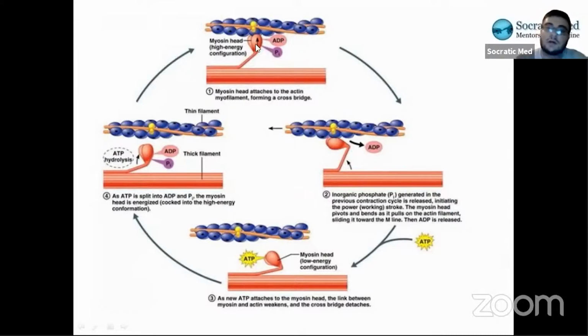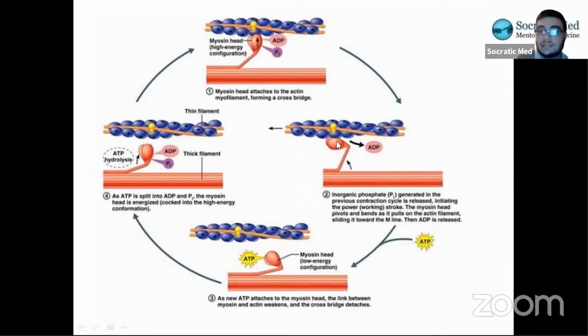What that does is cause the myosin head, which is in this position attached to an actin, to then move like this, which is called a power stroke. Because it moves like this and it's attached to the actin, the actin will also move like this. It'll move to the left or to the right, depending on which side of the sarcomere it is. It moves towards the middle, right? In this picture, it's going to the left. So the actin goes to the left as a result.